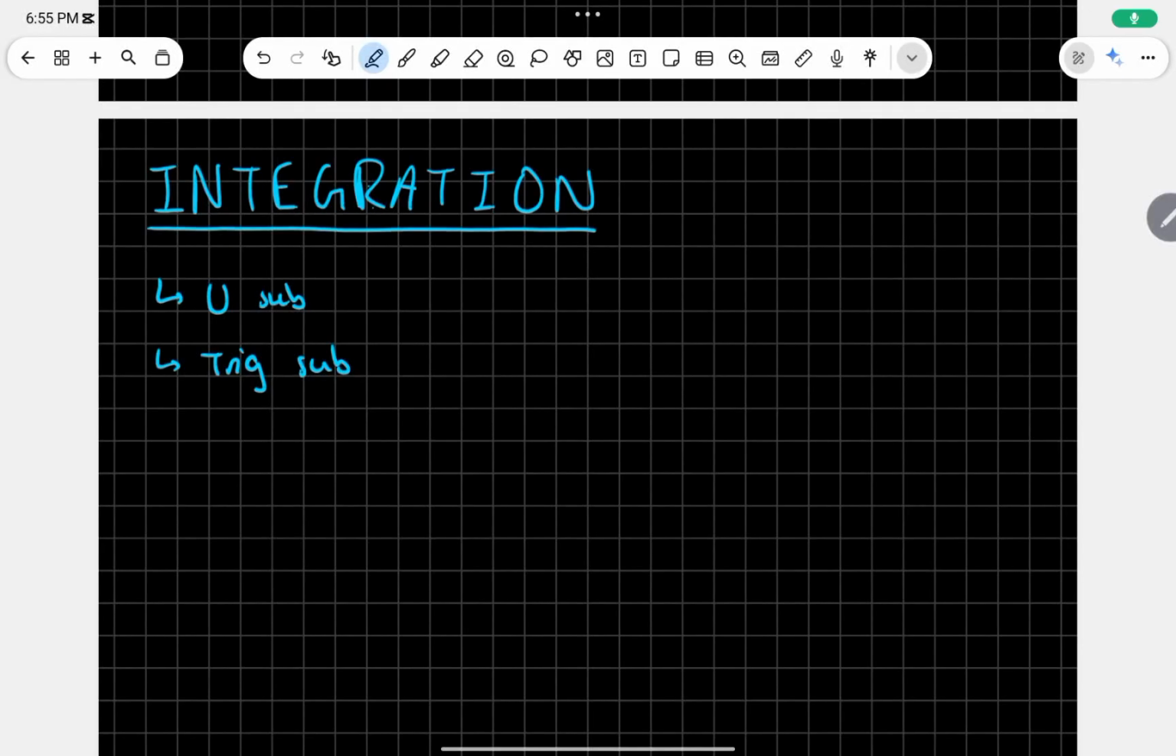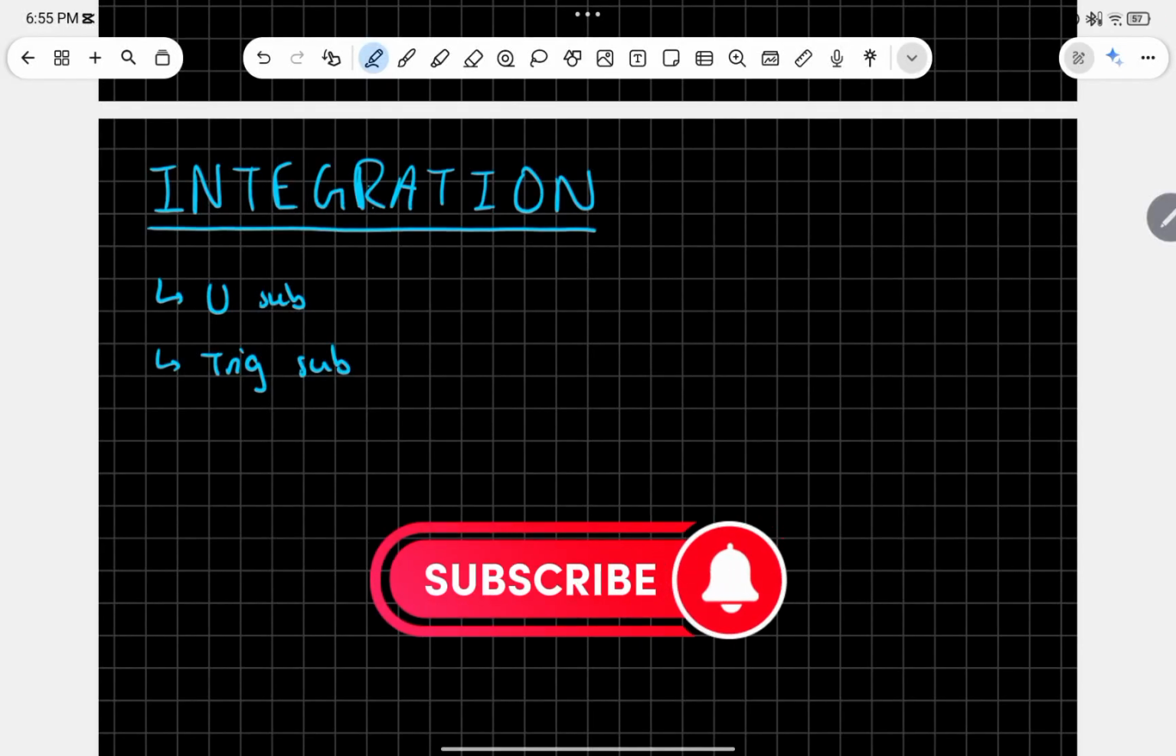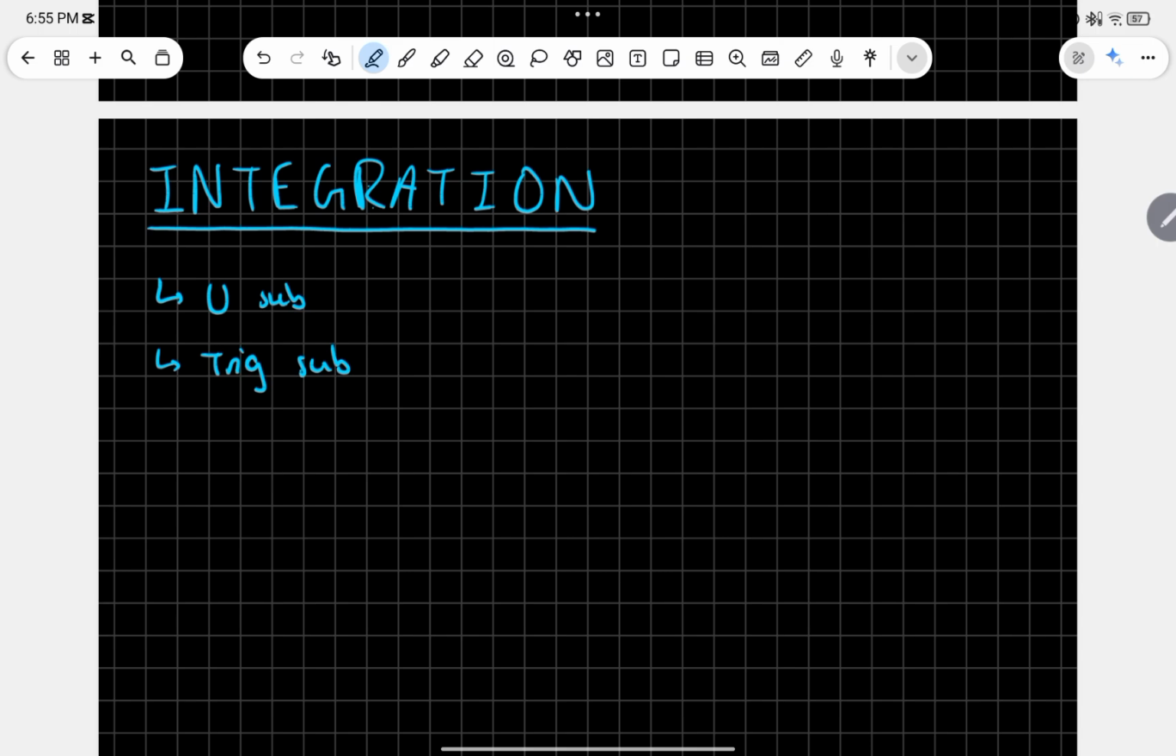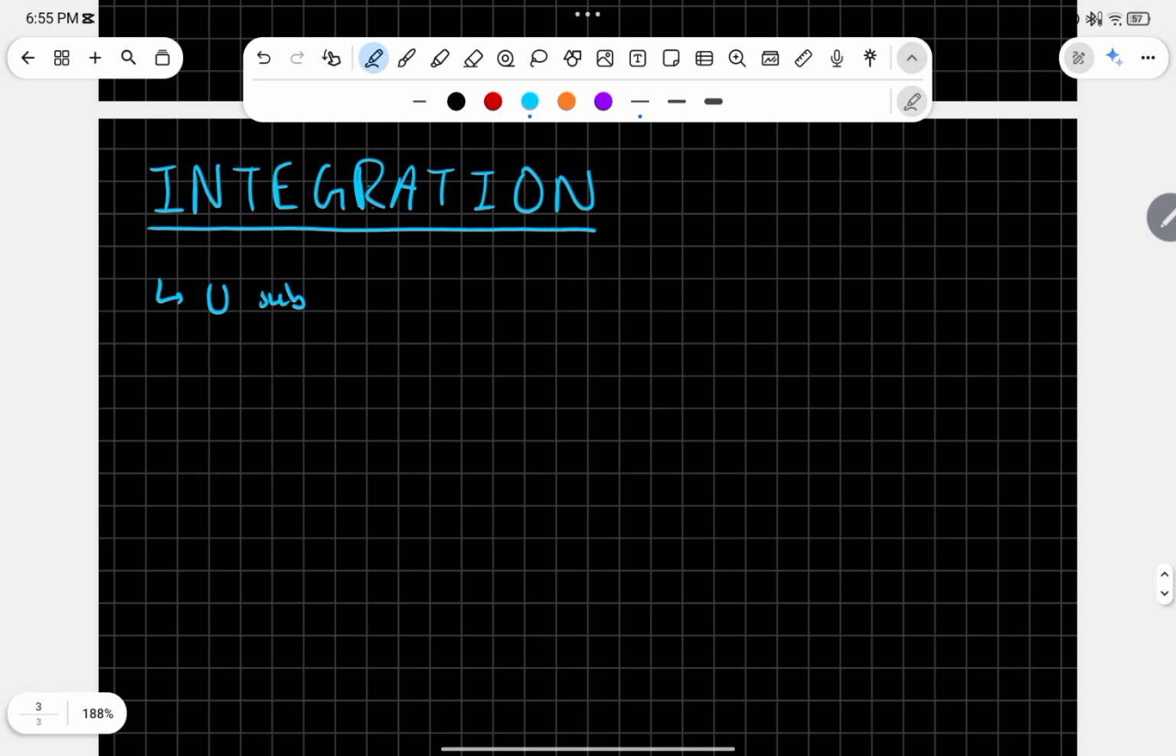We're going to be looking at integration, specifically how to integrate using a U-sub technique and how to integrate using a trig sub technique. Let's first start off with the U-sub technique. This is very useful when we can see a component is the derivative of another component. For example, say we have the integral